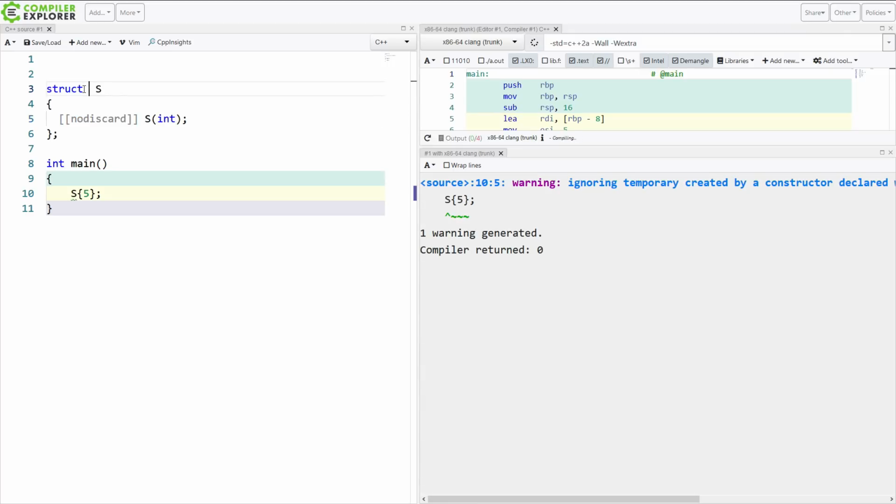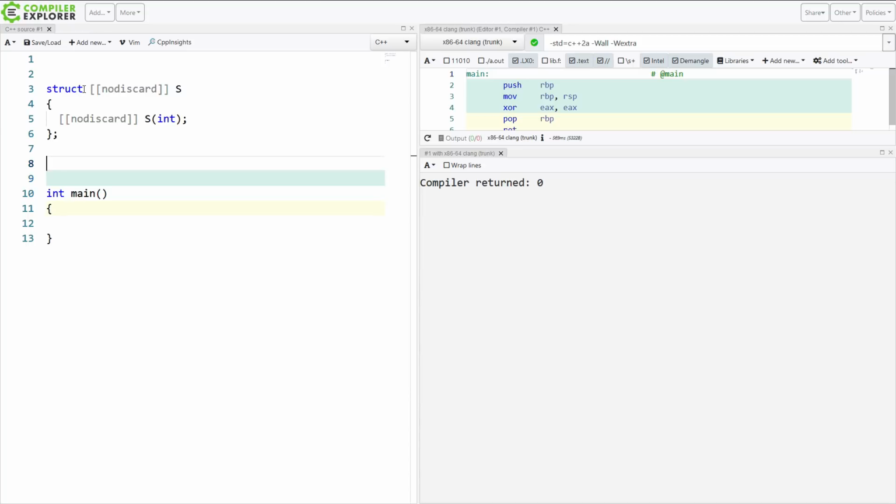This is distinctly different from a type that is declared nodiscard. So if I make the entire type nodiscard, let's go ahead and demonstrate what this looks like. I'm just going to create a factory function that returns one of these.